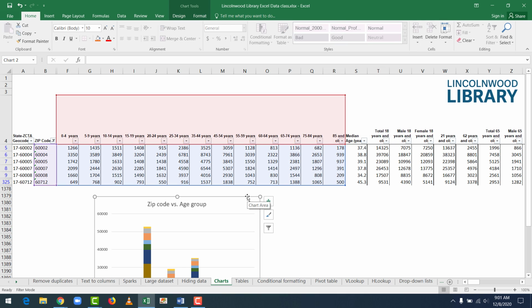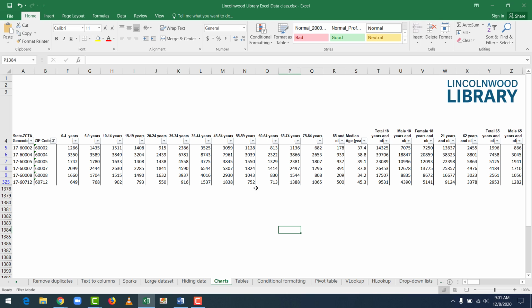Now, we're going to make a different chart as another example. So if I click on this chart, I just want to delete it. And to do that, I can either hit my backspace or delete key on my keyboard. I will use delete. There we go. Now, by hiding columns C through E, we made our data